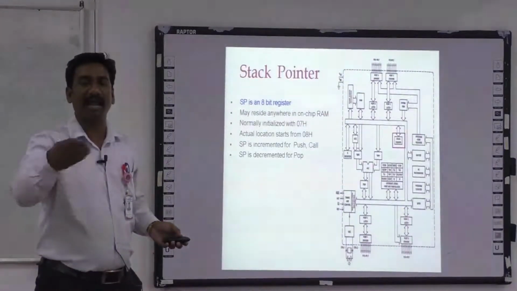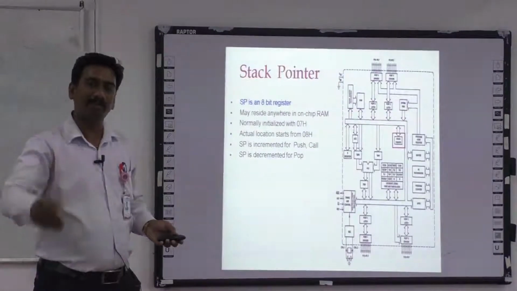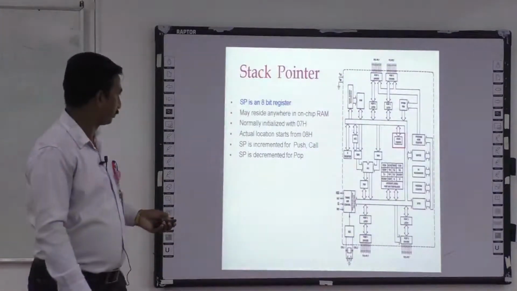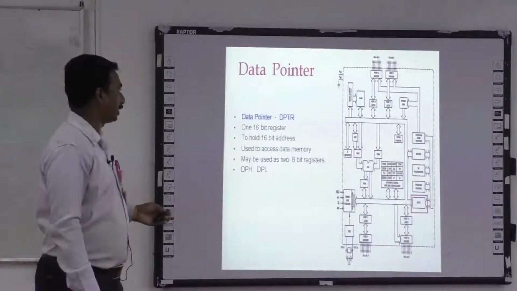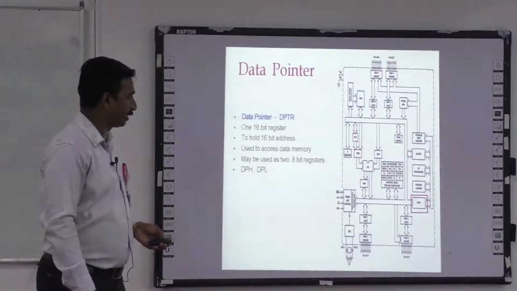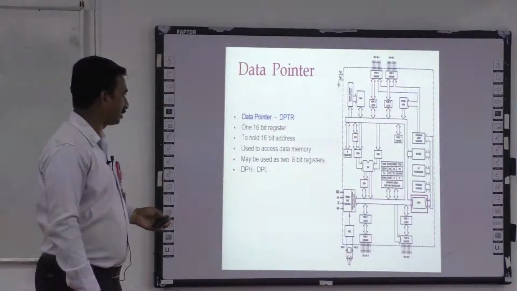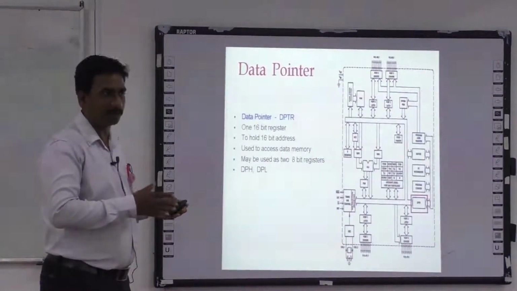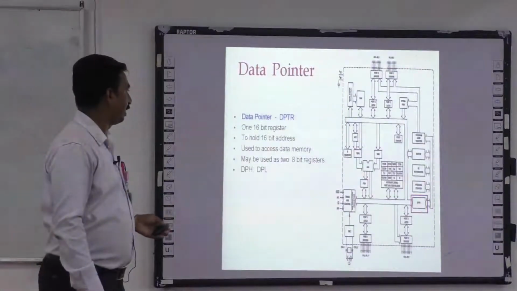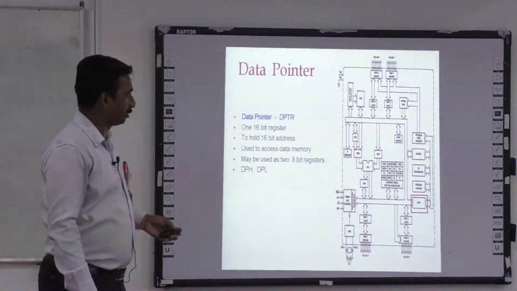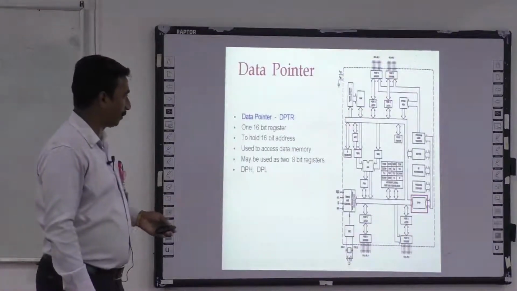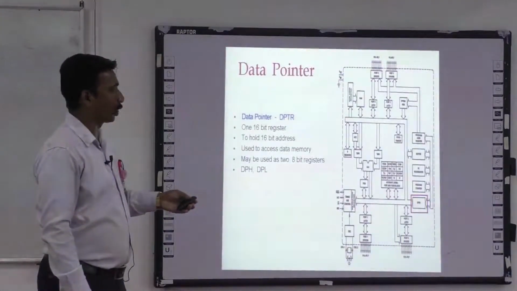So like that we can add and we can increment the program and we can activate the desired output. The next one is data pointer, and here we can see data pointer is 16-bit address, and since it has a good memory and it is possible to go for 16-bit address, with that address we can find out the location where the data is stored, and we can recall, we can process, again we can give or control any of the